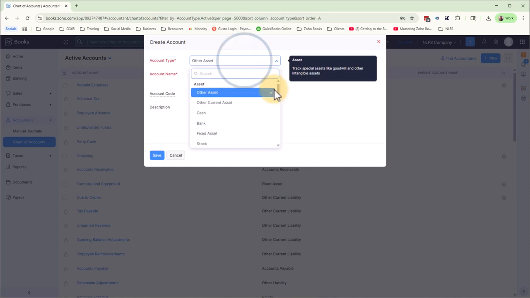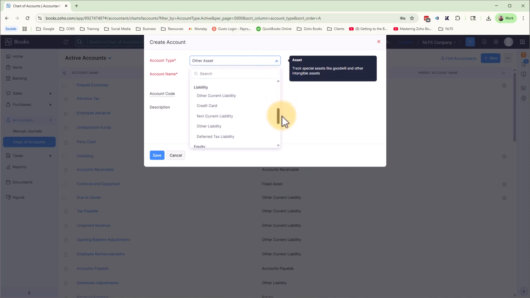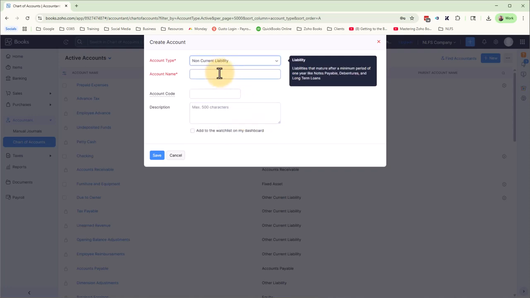This will depend on the type of loan that you're adding in, but usually there's current liabilities and long-term liabilities. In Zoho, a credit card will show up as a current liability, and then you have other current liabilities. These are things that you're going to pay off within the next 12 months. If it's longer than 12 months, you're going to use this non-current liability, also known as a long-term liability. So we're going to use a non-current liability. Say this is a loan that I'm going to take multiple years to pay off, and I'm just going to name it business loan,